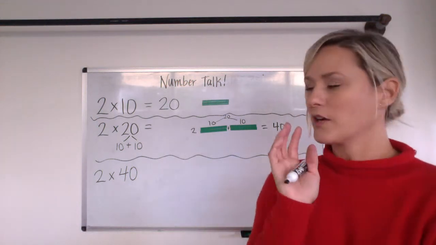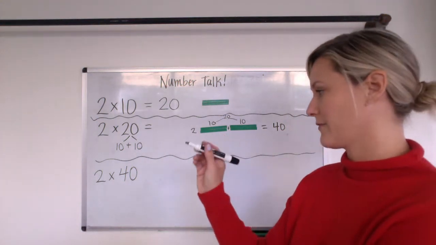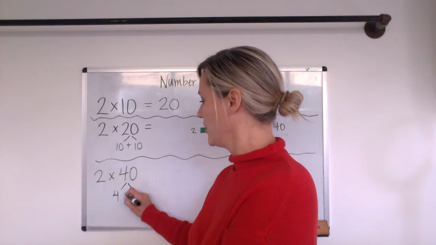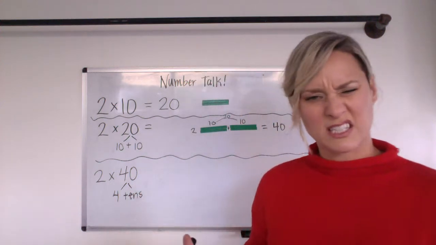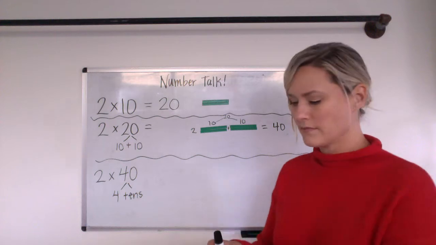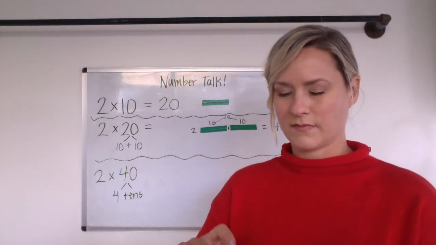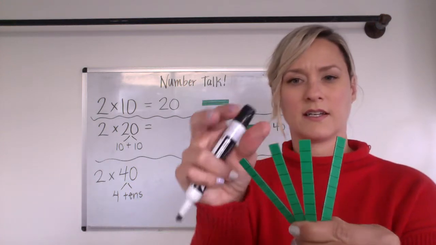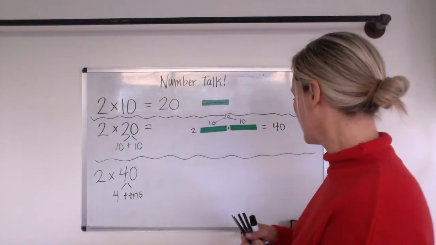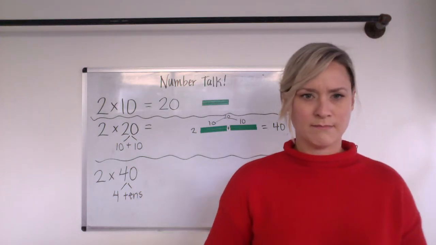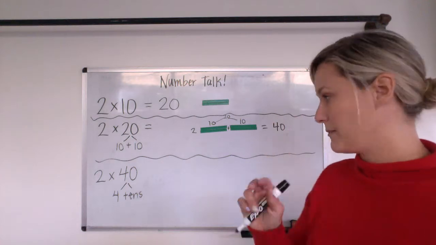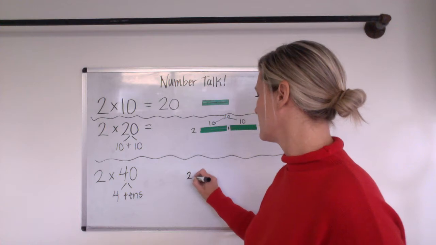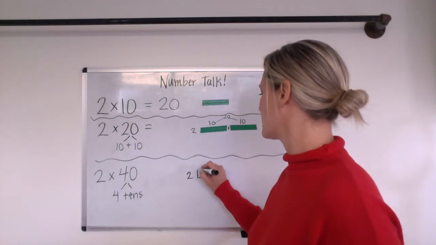I have some guesses here. So maybe you guys used the information like 2 times 4 tens because maybe you just thought about this as 4 tens. 40 is 4 tens, right? Let's check it out. Here's 40. 10, 20, 30, 40. Yes? Okay, that's 4 tens. And you would have to do it how many times? You'd have to do it 2 times, right? So maybe you did 2 times